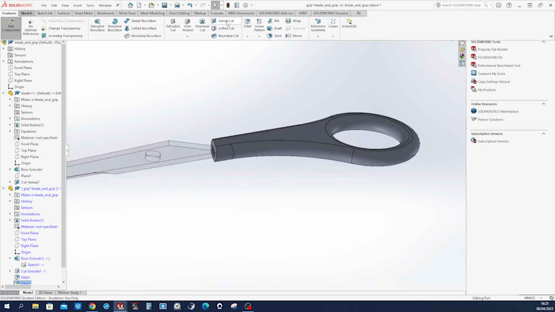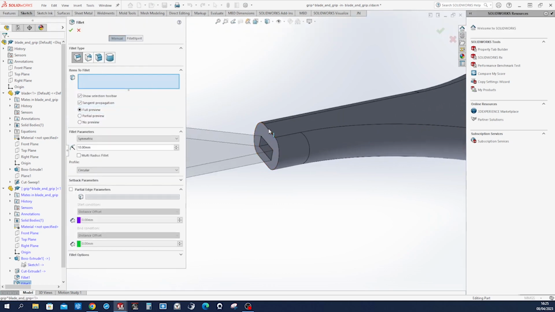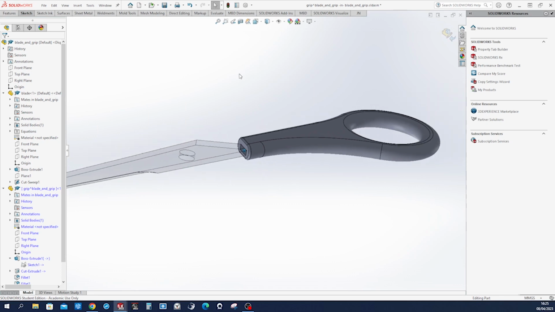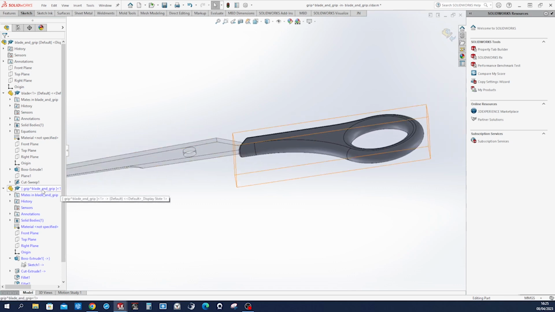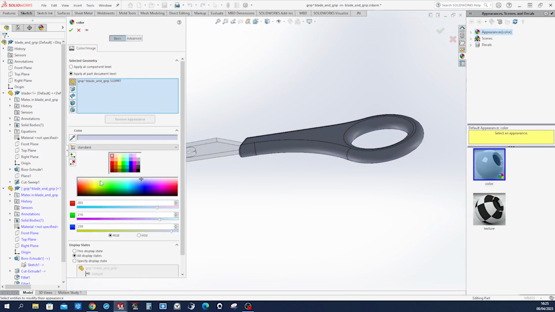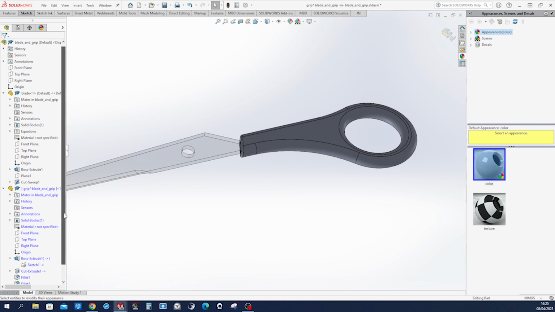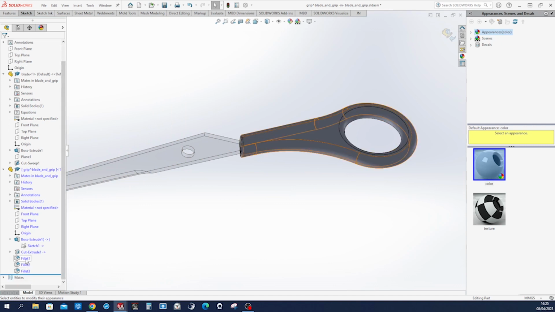And just a small one here. That edge, make it 1.4, right? No, that's too much. 0.4. That's it. All right, let's give that part a different color. Maybe that one or that one. That looks okay. And we can apply appearances to